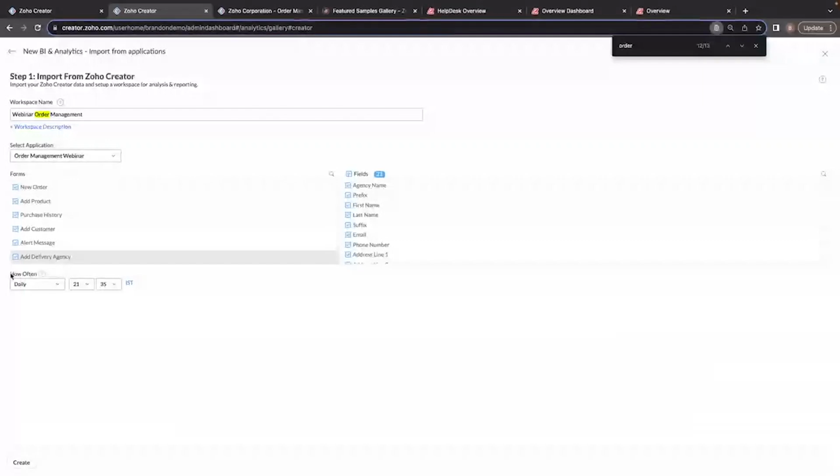Okay, and then you have the question as to how often this data needs to be synchronized. Okay, so we have three options. It can be done on a daily basis. Let's say, for example, every morning at 9 a.m. you need the data to be synchronized. You can set it as that. Or if you need it on an hourly basis, it can be done, with a frequency of 3 hours, 6 hours, and 12 hours as of now, right? Or if it's not going to be scheduled, you can select this option as well, right? So for now, we'll select every 3 hours. It's going to be synchronized. And if we click on this create button, okay,